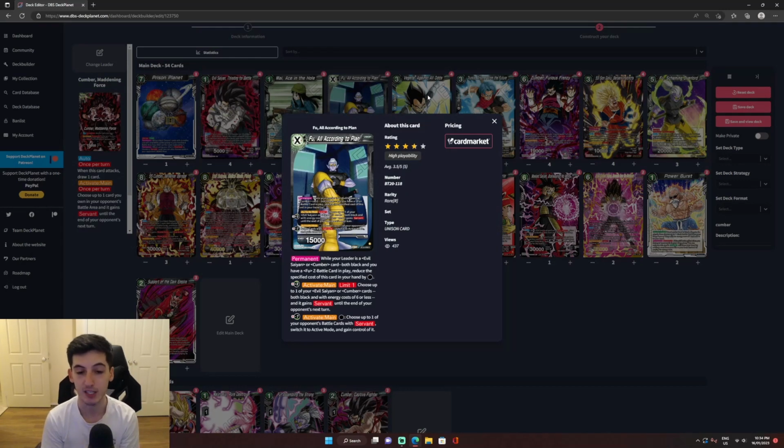It's a 15k specified cost of 2 black, but we have a permanent. While your leader is an Evil Saiyan or Cumber card, both black, and you have a Fu Z battle card in play, reduce the specified cost of this card in your hand by 1 black. Interesting that it says while your leader is an Evil Saiyan or Cumber card. It kind of implies that perhaps there's a potential to change that. Maybe it's just the new wording for this set, but a 15k Unison for 1 black energy is really good,